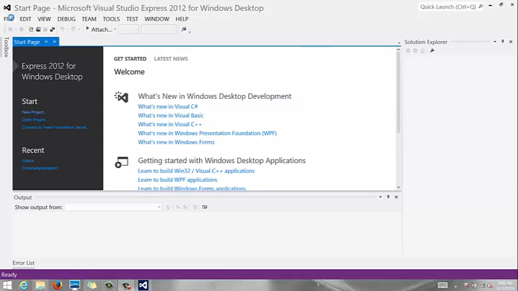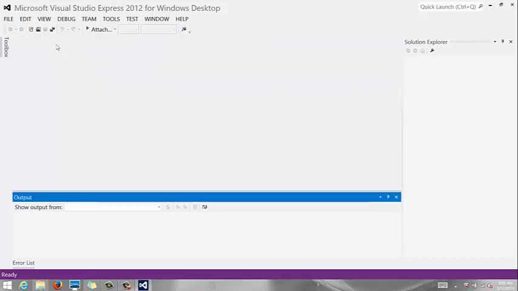Hello, this video will show you how to create a new project in Visual Studio Express 2012 for Windows Desktop. So the first thing we're going to do is, when you open Visual Studio, this is the screen that comes up. This is the start page that you see in front of you, which you can close by clicking on that X. And we are going to go create a new Win32 console application,